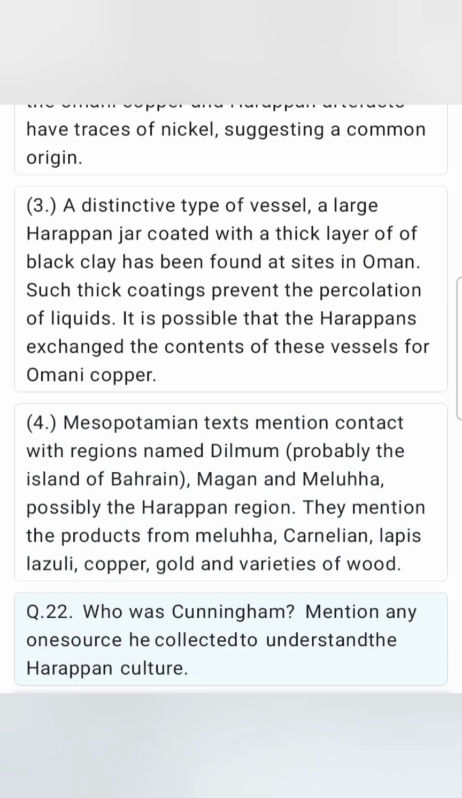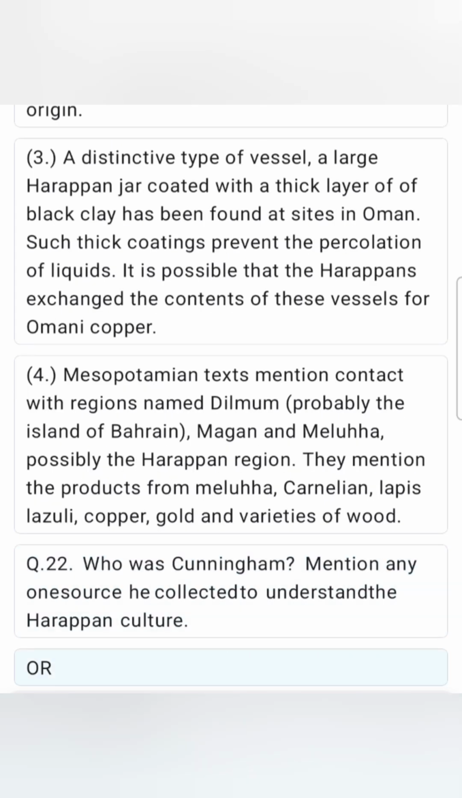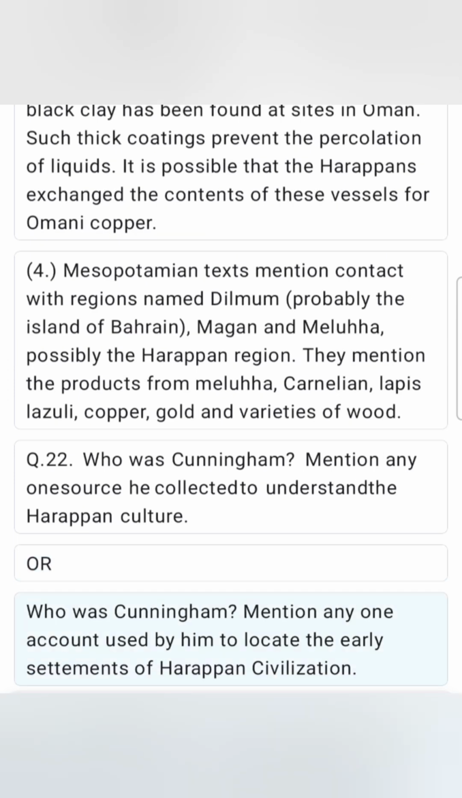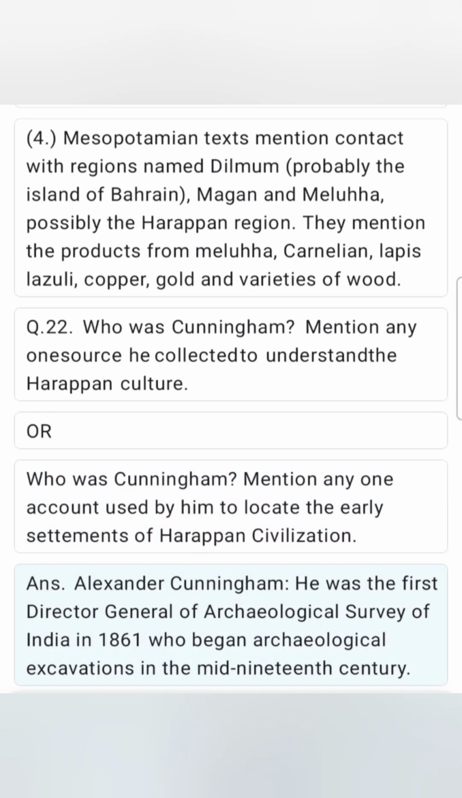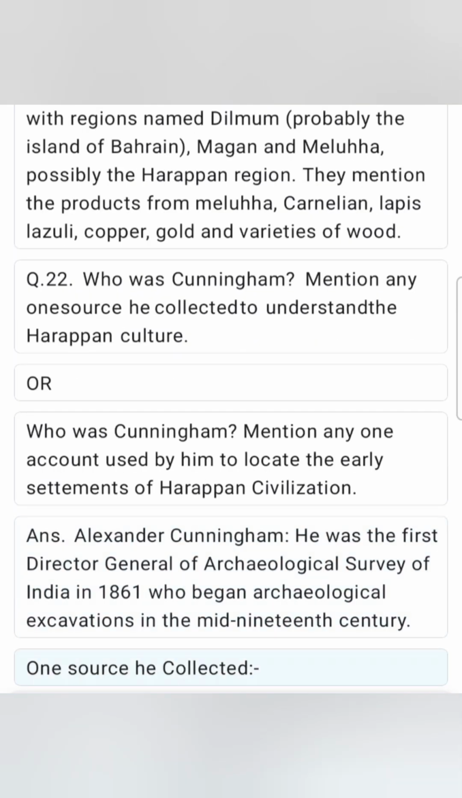Q. 22. Who was Cunningham? Mention any one source he collected to understand the Harappan culture. OR. Who was Cunningham? Mention any one account used by him to locate the early settlements of Harappan civilization. Ans. Alexander Cunningham was the first Director General of the Archaeological Survey of India in 1861, who began archaeological excavations in the mid-19th century. One source he collected: